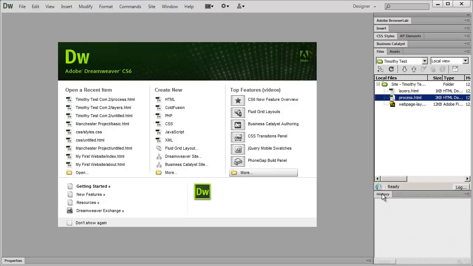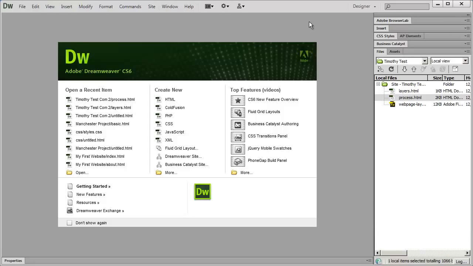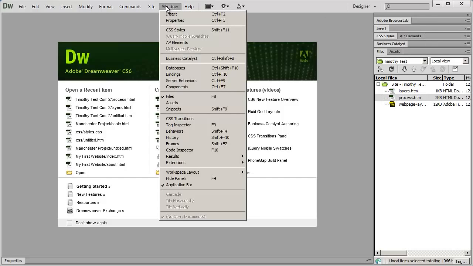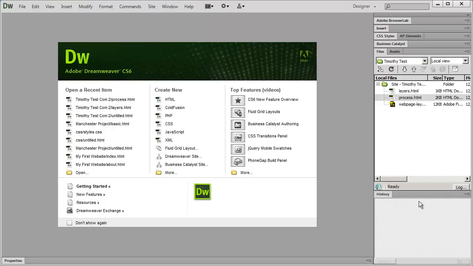Now, you're going to notice, actually, let me go ahead and close that off there really quick. I did that too quickly. Right now, there's nothing over here in my panels window for History. And if I wanted to open up the History panel, I would go to the Window menu and select that option. And when I do that, you're going to see a new panel and a new tab appears here. You can close